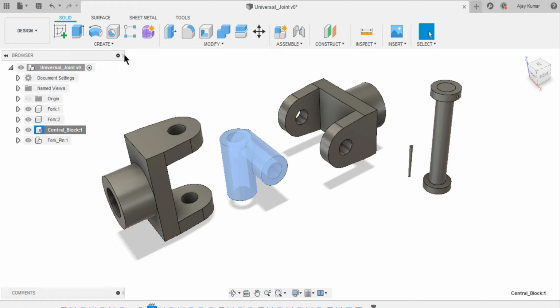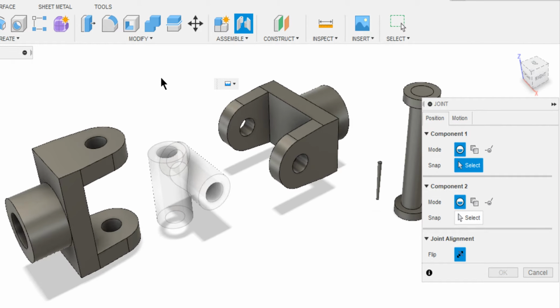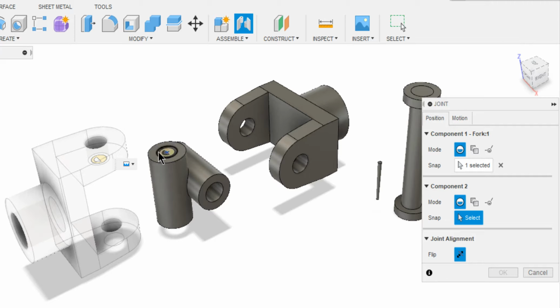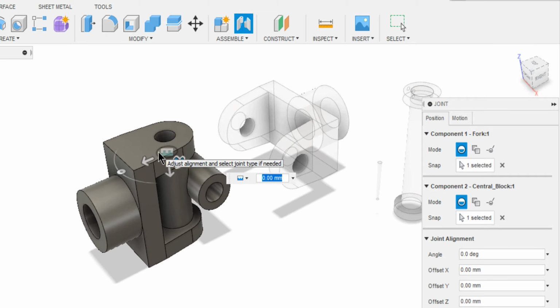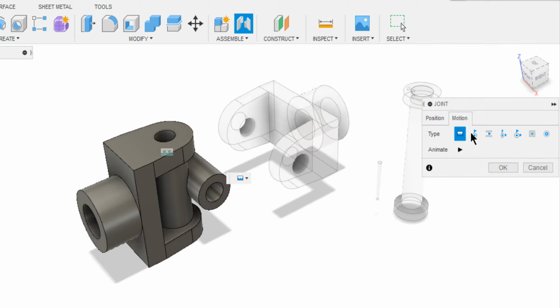It's high time to assemble all the components. Ground the central block so that we'll assemble everything based on this. Select Joint in Assemble, or you can press J. If you hover over the top edge of the hole, it highlights the point that you can select. I want to select the point underneath it. Just hover over the whole face until you see 3 control points. Then hold Ctrl down and snap to the bottom point and select it. Here snap to the top point. Now these two join together.